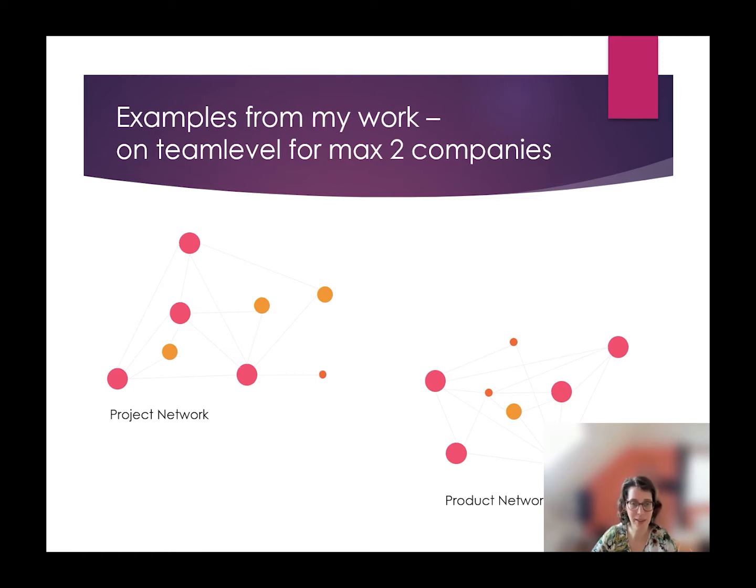So the product network is basically people that are completely different from the project network. And it's very important to know about these roles, because if you want to make your work successful, be it a project, a product, or a program, you need to know who these different roles in your network are. Who do you need to involve? How deeply do you need to involve the different people? And what do you need to do to mitigate risks?